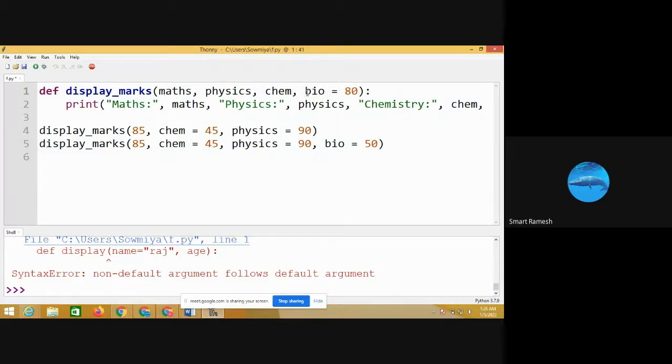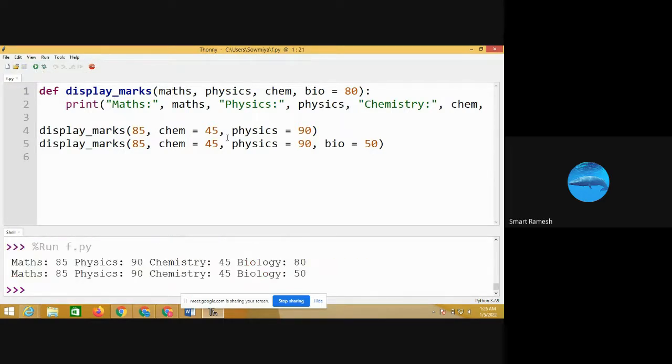Next, keyword arguments. I am calling the function display marks. Here I am passing 85. So maths is 85. Physics is 90. Chemistry 45. Next, biology. This is the default argument.